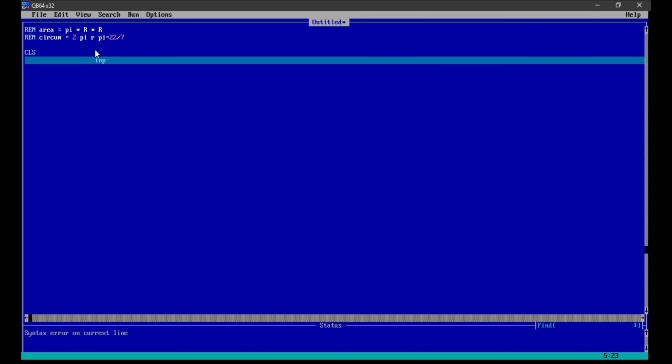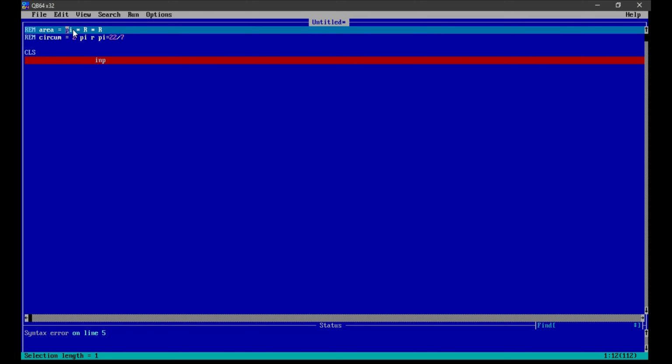The second step is we are going to find the area of circle. For this we know that pi is equal to 22 by 7, so we don't need to ask the user to input this value. r is another variable. As we don't know the value of radius, we need to ask the user to input the radius. For example, if you are given in an example that radius is 20, then you can simply write let r is equal to 20.